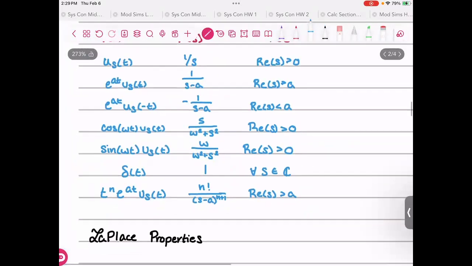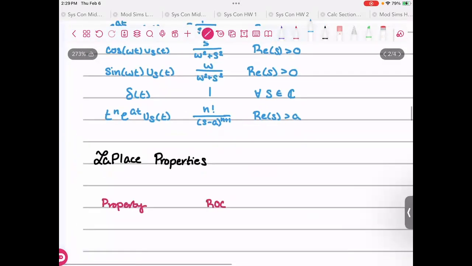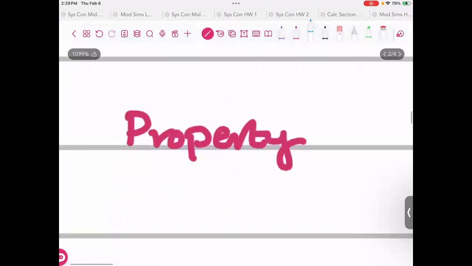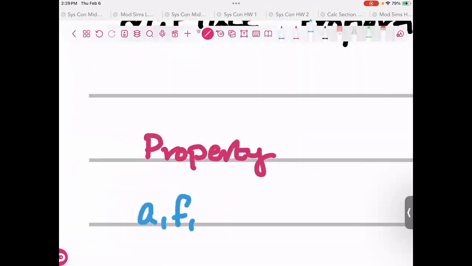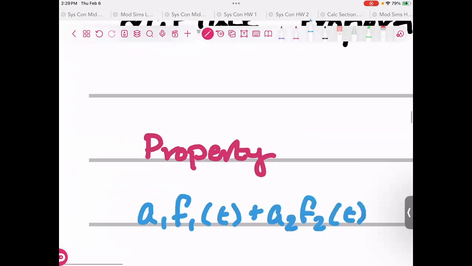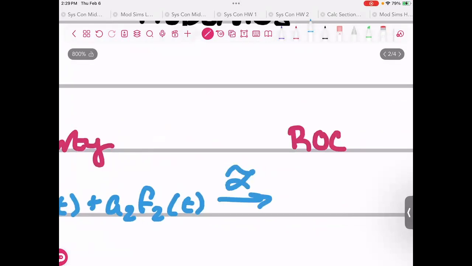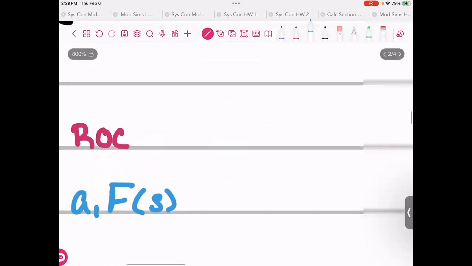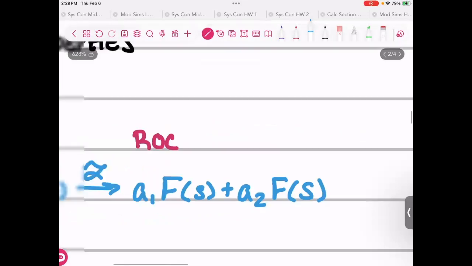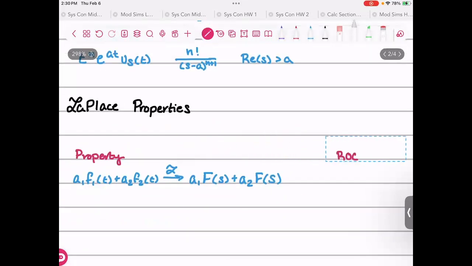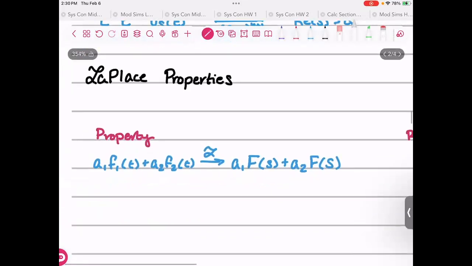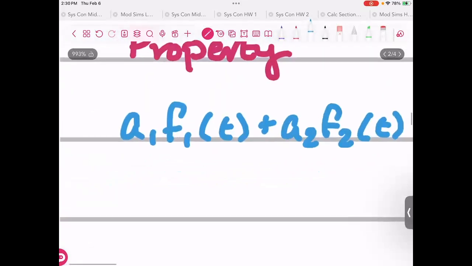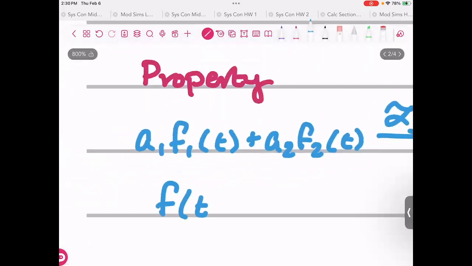Cool. The next thing we're going to do is go through the Laplace properties. So the first thing is that they are linear. a1 f1 of t plus a2 f2 of t becomes, we do the Laplace, a1 capital F1 of s plus a2 capital F2 of s. So catch here that I am capitalizing the F, and then instead of a function of t, it's now a function of s. We also have a shift here where f of t minus tau